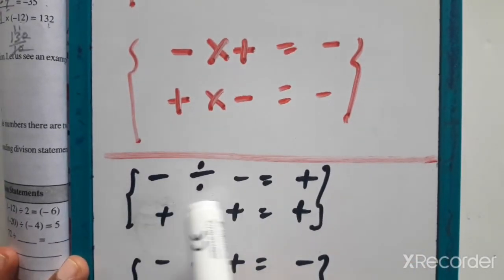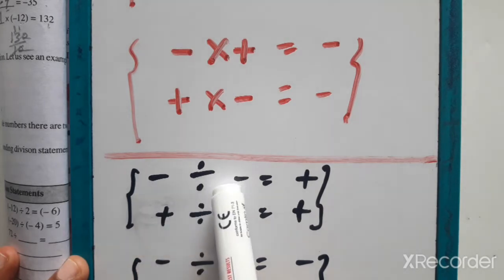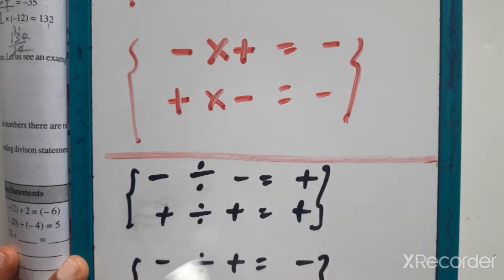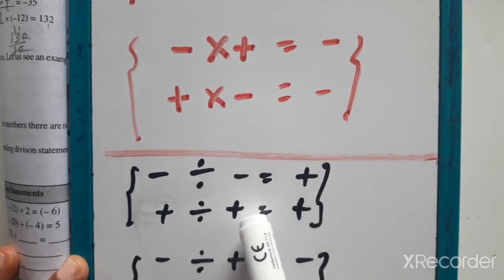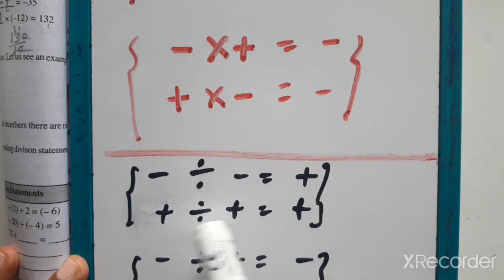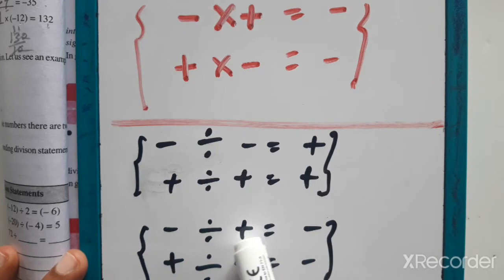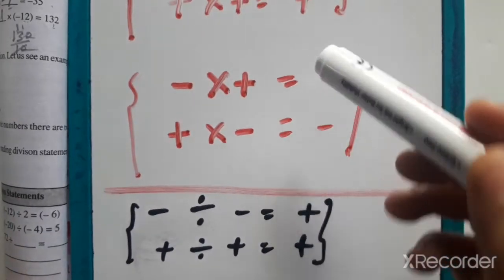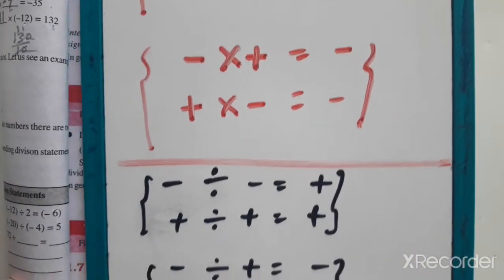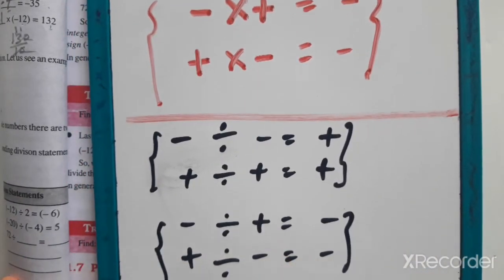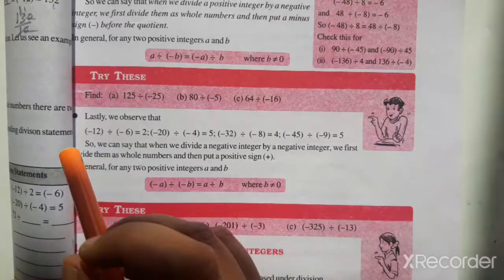If the same symbol is multiplied with the same symbol, the answer is plus, and with a different symbol, the answer is minus. If divided with the same symbol, meaning numerator and denominator both with the minus symbol, the answer is plus, and if both are plus, the answer is plus. If the numerator is negative and the denominator is plus, the answer is minus. Same multiplication method: same symbol plus mark, different symbol minus.